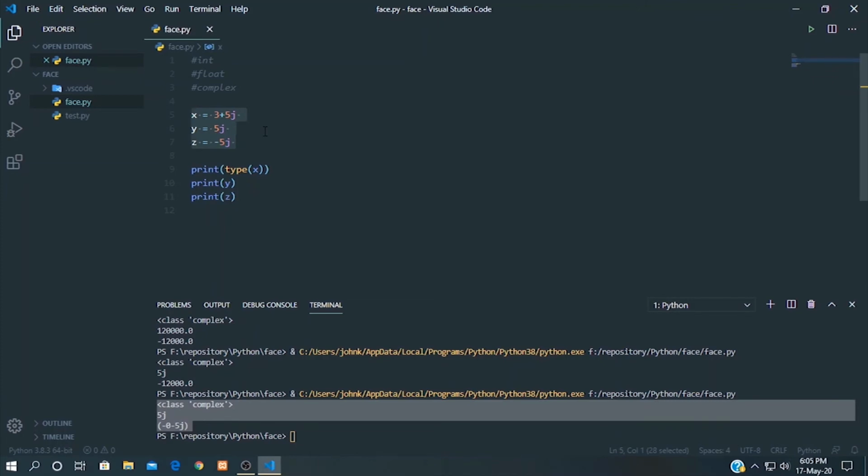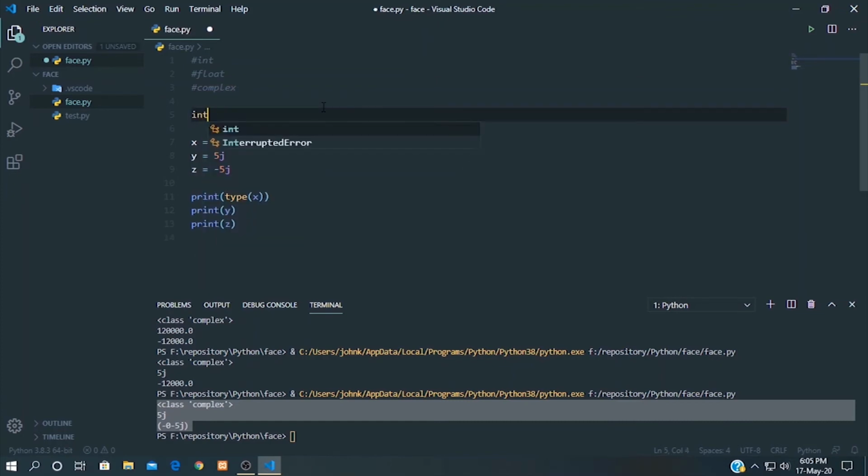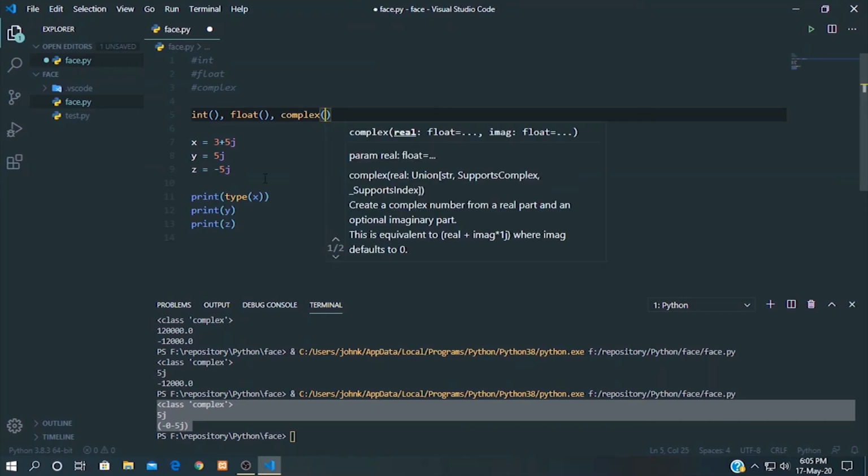We can convert from one type to another with functions. We have the integer function, sorry, float, and complex function.